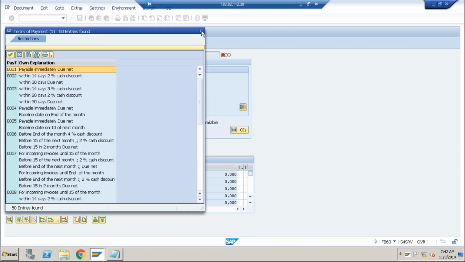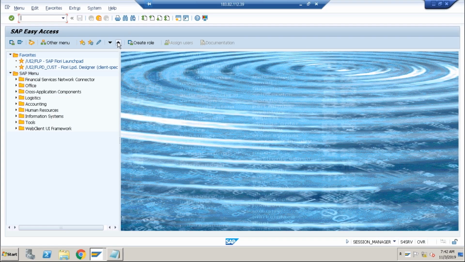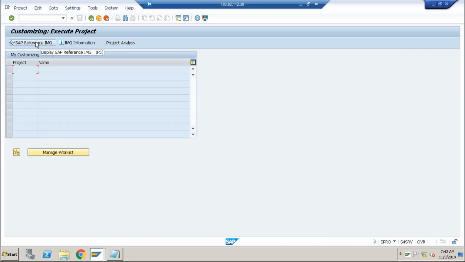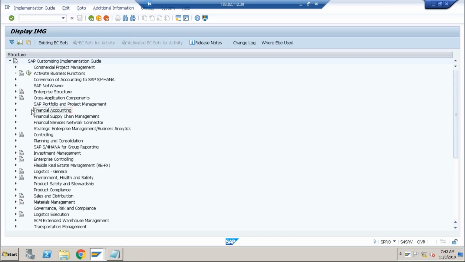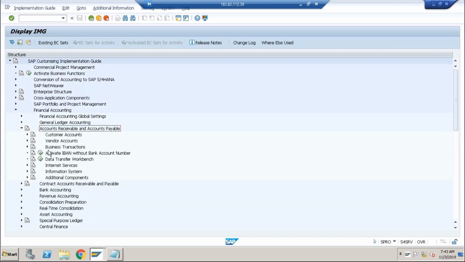Okay, so in order to create a new payment term, obviously payment term is a configuration. So for all the configurations, where do we go in SAP? Where are we going to perform the configurations? SPRO, right? SPRO is responsible for all the configurations. So I'll go to IMG. Within IMG, I'll go to financial accounting. Within financial accounting, we are talking about AR and AP. Within AR and AP, we are discussing business transactions, booking the invoices, making the payments. These are business transactions, right? So within business transactions,